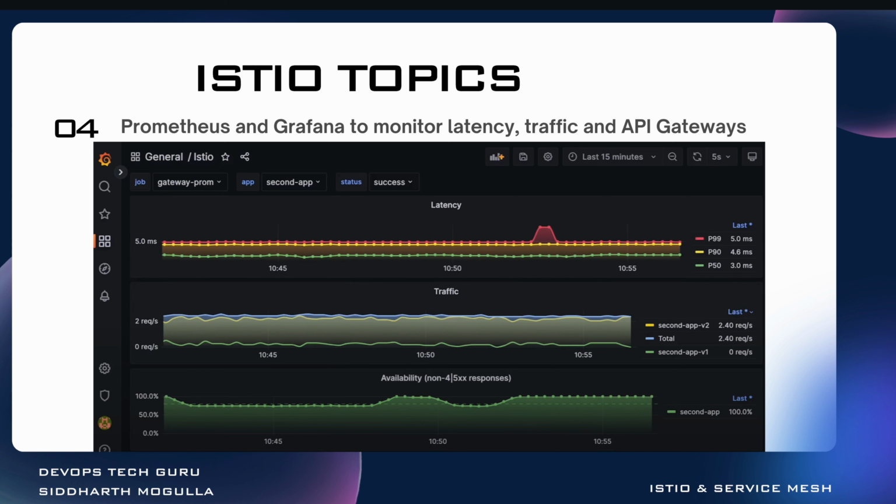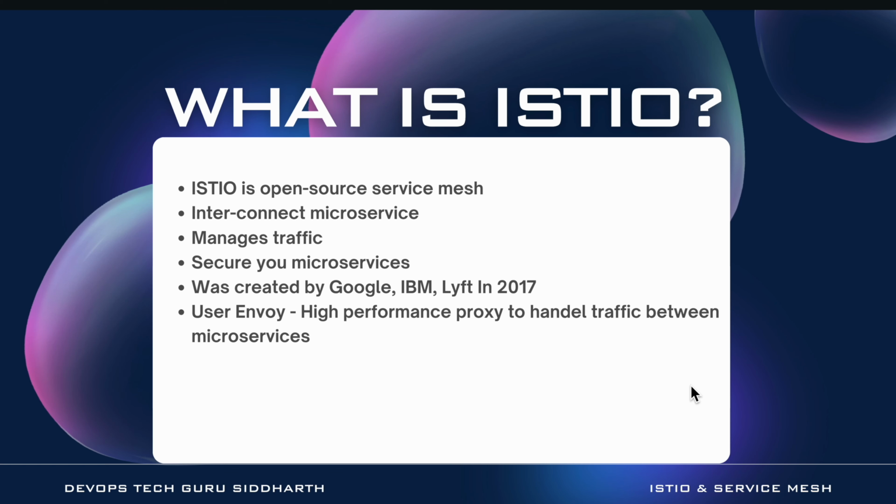And in the end, we'll talk about Gateway API and how to use it for service mesh instead of using the typical ingress. And now, Istio is an open source service mesh which provides a unified platform to connect, manage, and